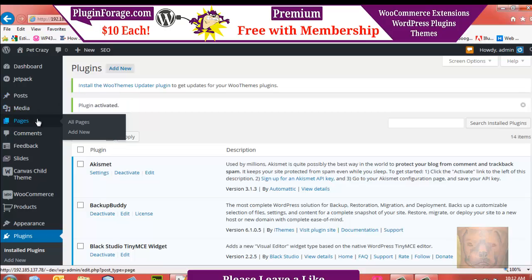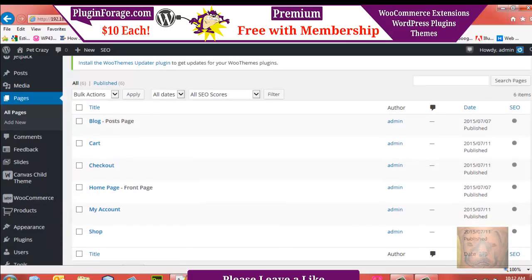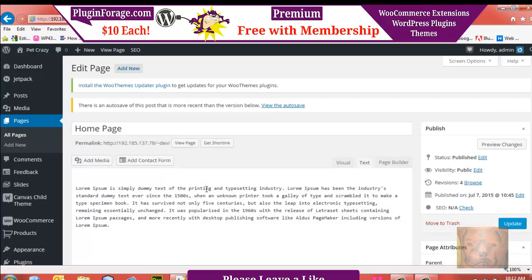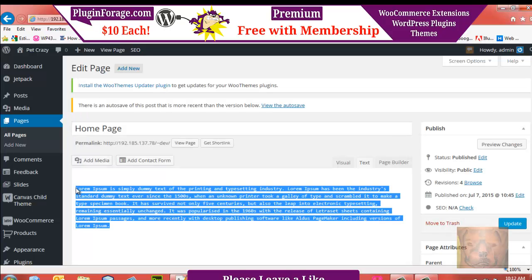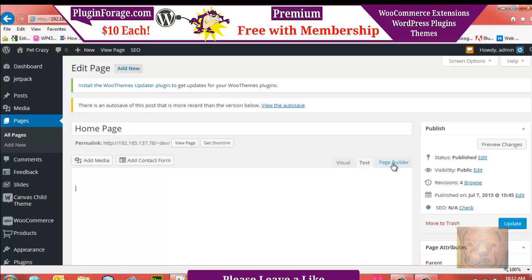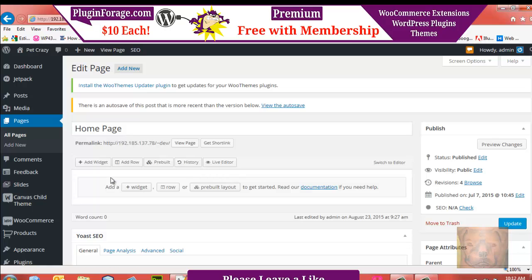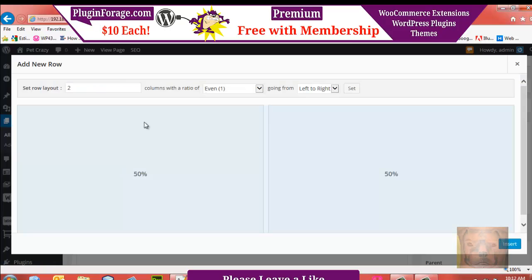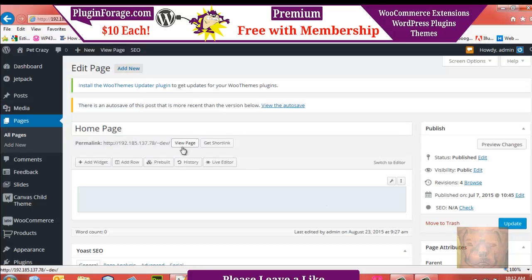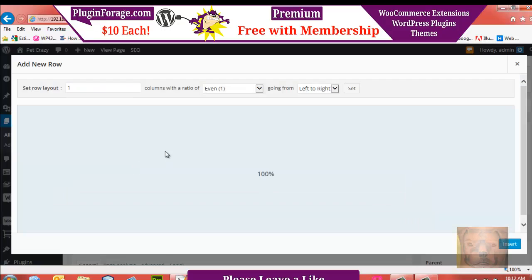So we're going to go to our home page, and we're going to get rid of the dummy text we have on our home page that we put there way back in the beginning. And you'll see a tab if you have SiteOrigin's Page Builder installed. You'll see a tab called Page Builder. So we're going to click on it, and we're going to add 2 rows, and we're going to make these 1 column each, and add another row,